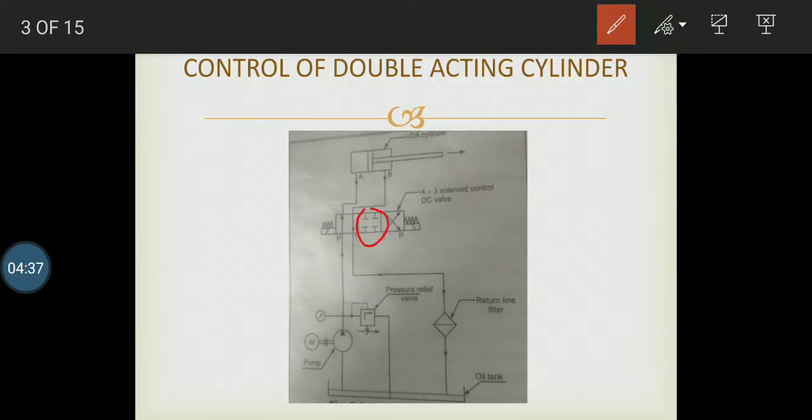The third section is completely closed. The fluid discharged from the pump is directly connected with port P, moving from port P to the A section, the inlet port of the double acting cylinder. It fills the fluid inside the double acting cylinder. Once the fluid has been completely filled, the DCV automatically changes the direction.